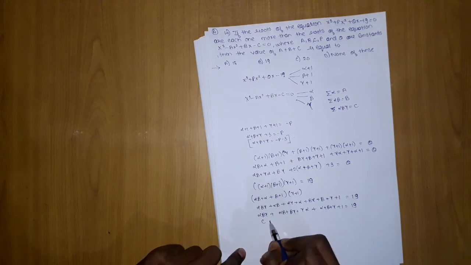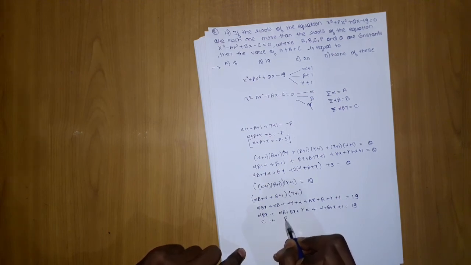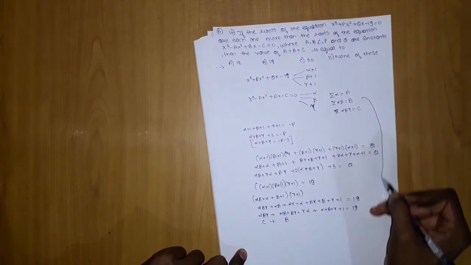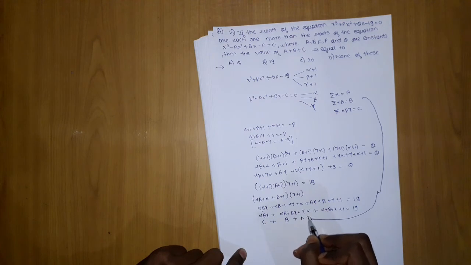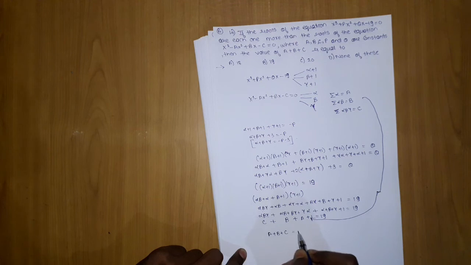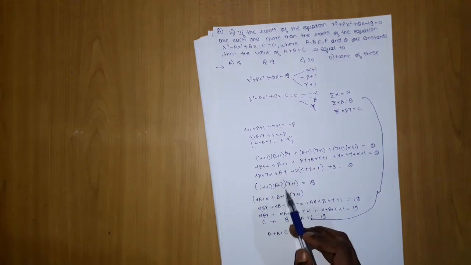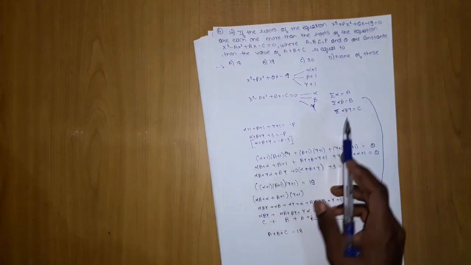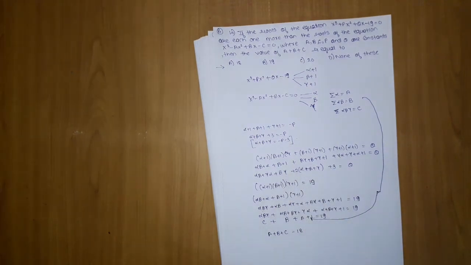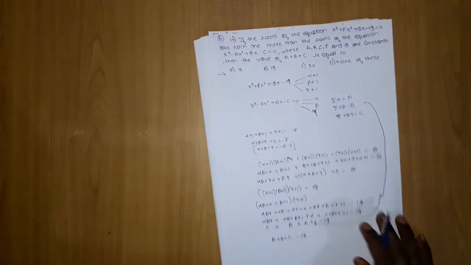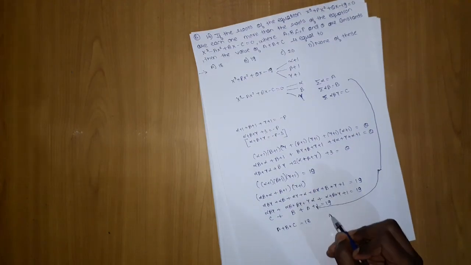Do we have these values? Yes, we have C, and this we have as B. From here we are taking these values. And here we have this as A plus 1 equal to 19. So A plus B plus C, it was 18. I thought from here we can get an idea of A plus B, but here we are not getting any C. So I thought let's move on further and see whether we can get any C here. So we got our answer, which is 18, and A is the answer.